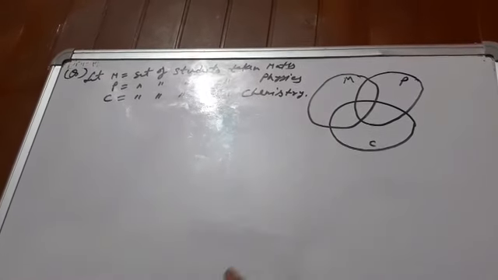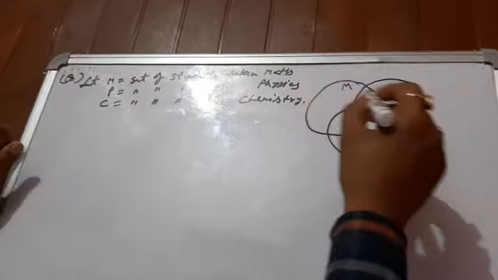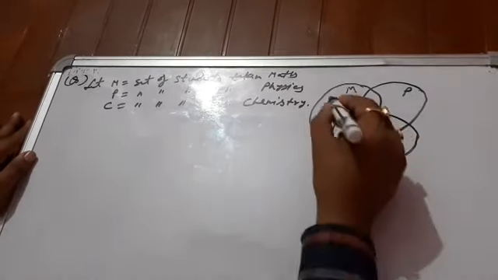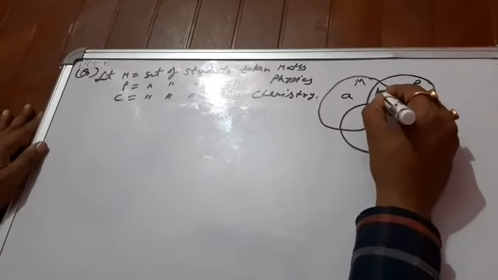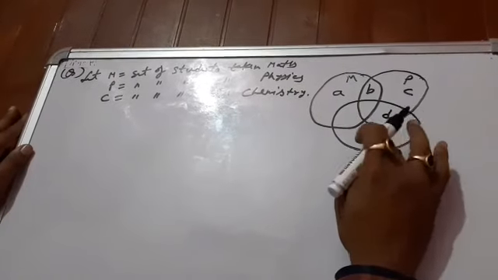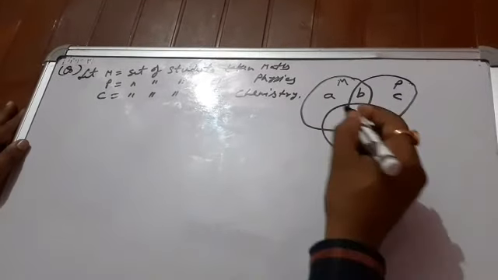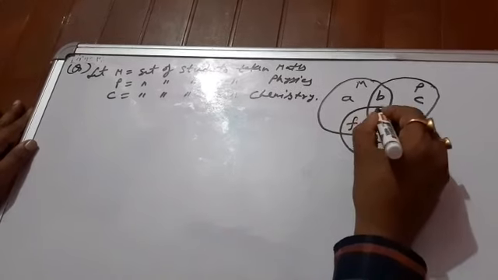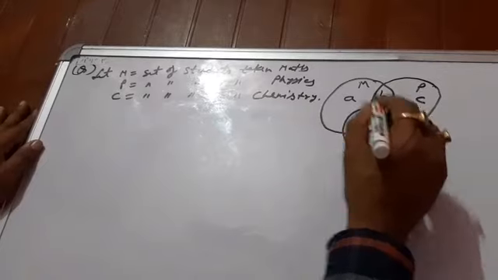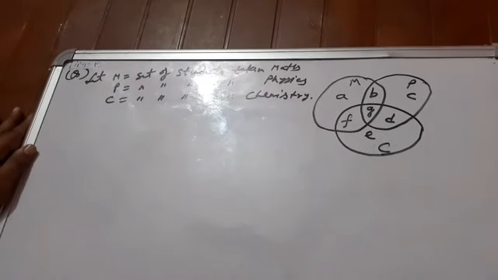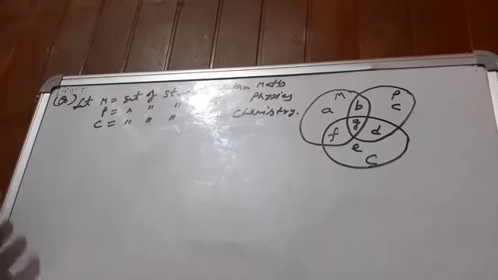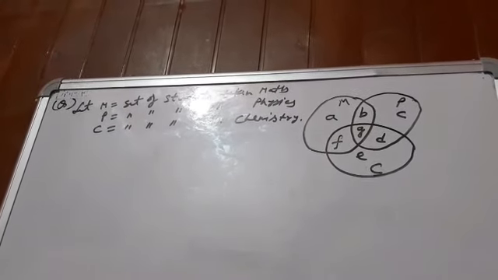So you are going to write here each and everywhere where you are getting the actual place, the numbers, like here A, B, C, D, E. It is your set C, capital C, E, F, and then at last it is the portion, common portion for all the three sets. It is G. Observe the pattern how I have written here. Now you are going to read out the questions.